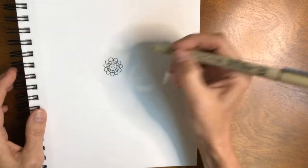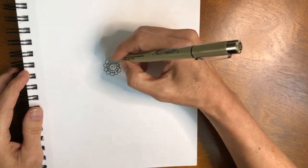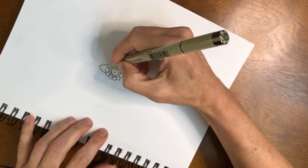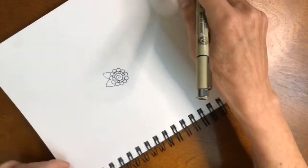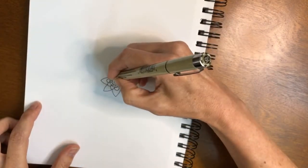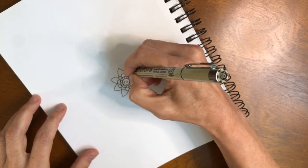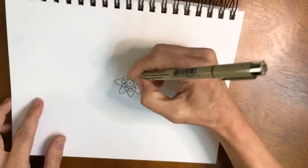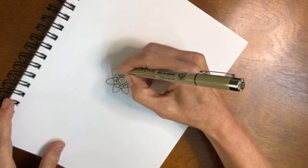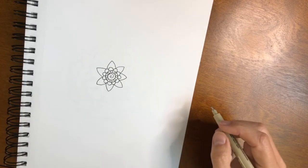Let's put some chubby triangles in, shall we? Let's see, we'll do just kind of a medium size one going around. Definitely remember to turn your paper on this one. It's very difficult to make these shapes without turning your paper. At the very least, you'll get kind of wonky shapes. At the most, you'll really strain your wrist trying to maneuver all around to make the shapes. There we go, and let's see, I'll fit one more in there. All right, perfect. And what are we gonna do next? Let's put in,